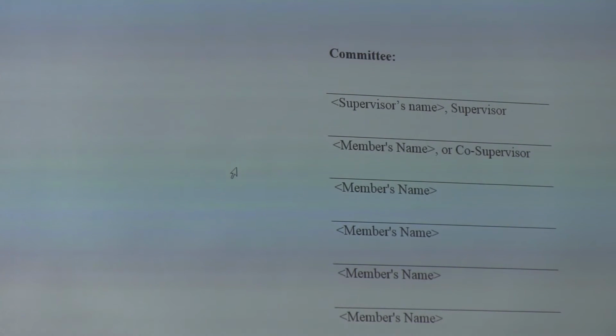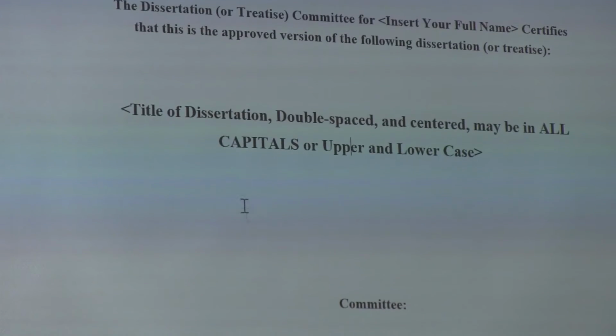And this is an ideal page to bring by or email me as soon as you can, so we can check it over and make sure it has your official name and the right committee members, or who you think they are. Like if you set up your committee two or three years ago, and in the meantime somebody left, and you thought, oh, I'll use Dr. So-and-so instead.